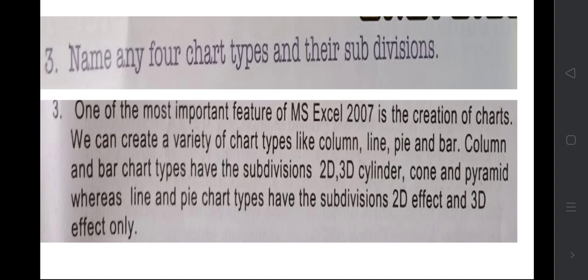2D means only length and breadth. If the shape has height also, then it is called 3D. 4D and higher gives more efficiency, where you can rotate 360 degrees. Those are the differences between 2D, 3D and 4D. So these are the different types of charts.